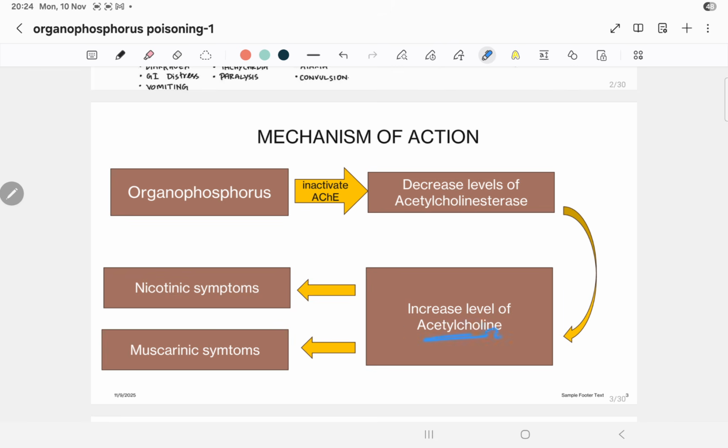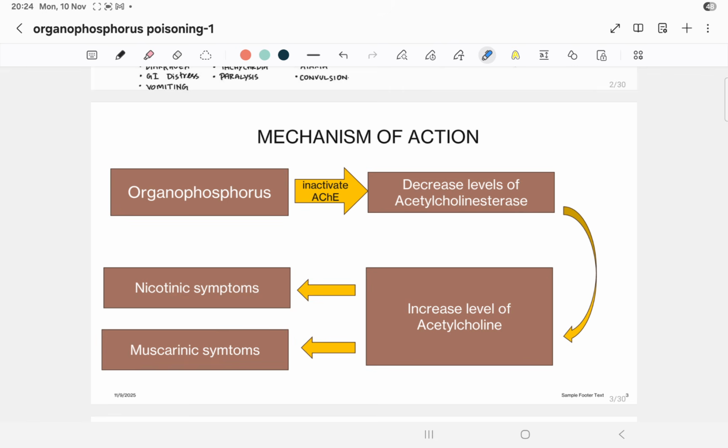Apart from its function at the neuromuscular junction, acetylcholine is also responsible for glandular secretion. It is responsible for cardiac regulation, BP regulation. So it has a lot of functions in the body and it is a mediator of the parasympathetic nervous system. So if there is an increased level of acetylcholine due to the inactivation of acetylcholinesterase, the enzyme responsible for breakdown of acetylcholine, then what will happen? There will be a lot of acetylcholine in the body, and it will stimulate its receptors. So what are the receptors for acetylcholine? The receptors of acetylcholine are muscarinic and nicotinic.